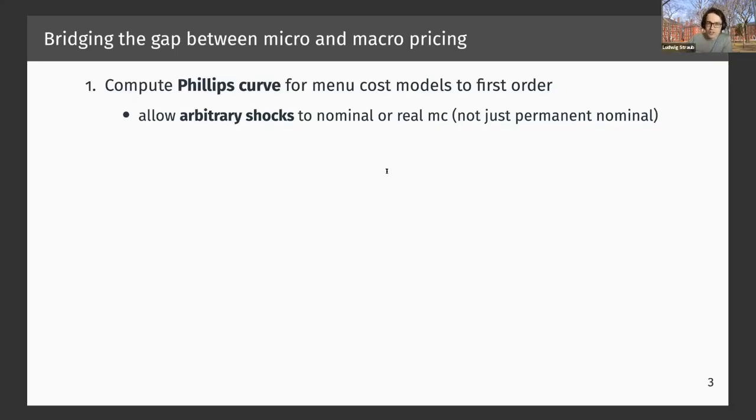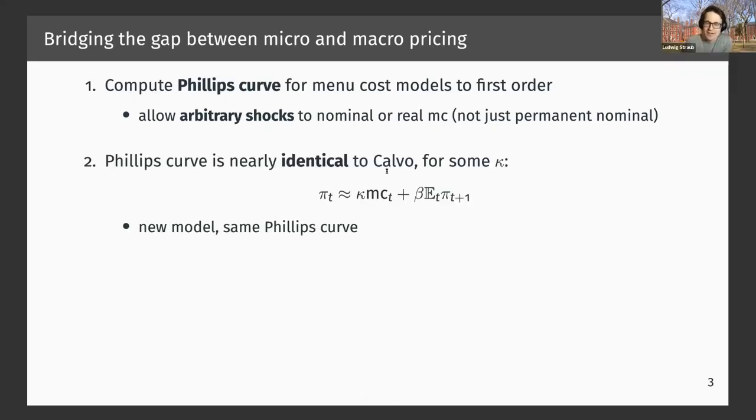And along the way, we're also going to describe what happens in the model to arbitrary shocks to nominal costs as well. What we're going to find is kind of interesting, namely that the Phillips curve you get when you do this is nearly identical to the one that we typically work with in macro models, namely a Calvo-Phillips curve, where there's some kappa, some slope of that Phillips curve,